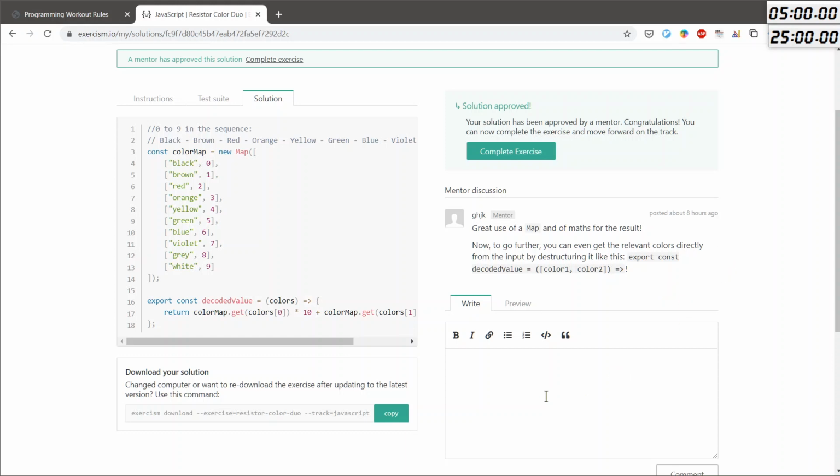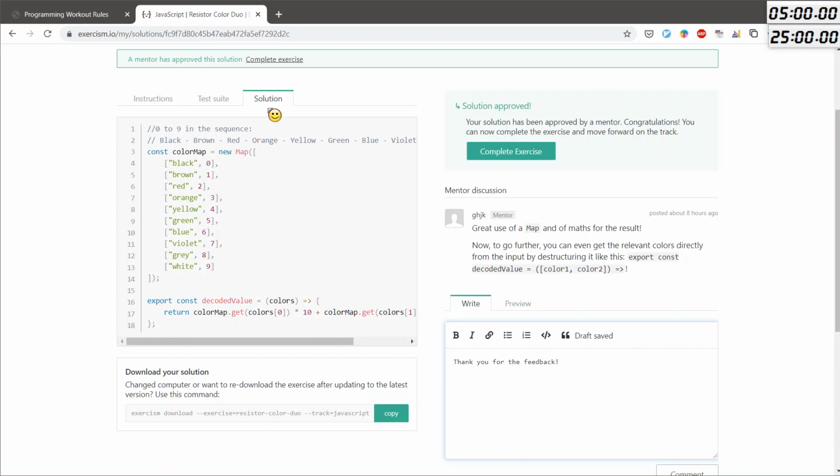Well, a good start is, thank you for the feedback. Now, what? You can even get the relevant colors directly.